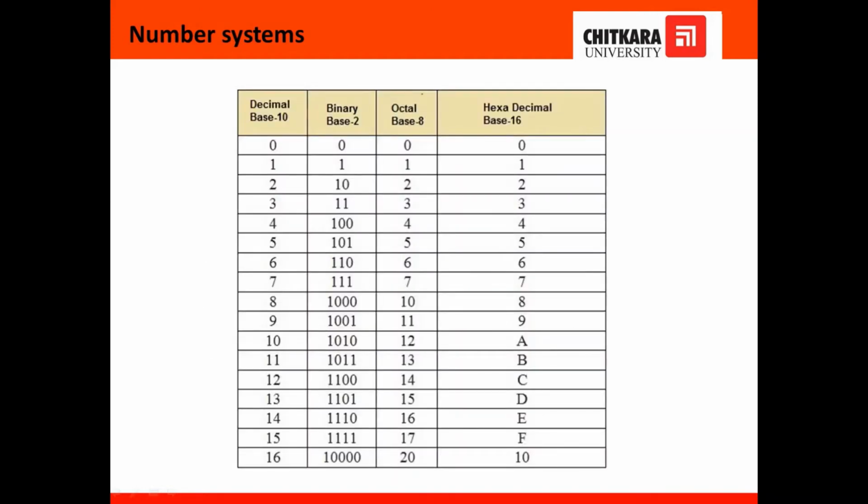So the number system basically contains the decimal number with the base of 10. If you see, binary number with the base of 2, octal with the base of 8, and hexa with the base of 16. How does it come? Because when we write binary information, it lies in the form of 1 and 0 only. Octal is 2 raised to the power 3. It is represented in bits of 3, so it gives the base of 8, and here it gives the